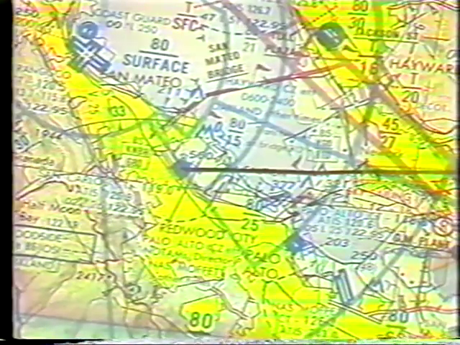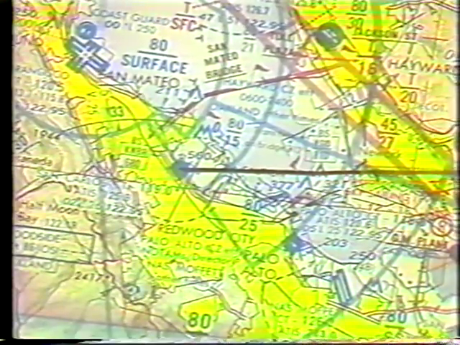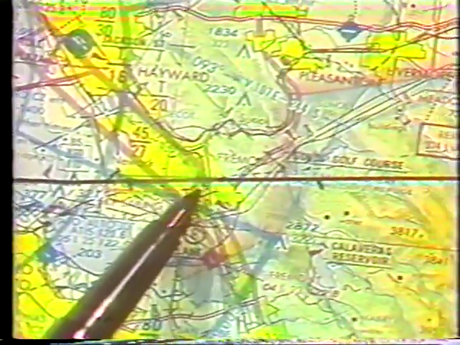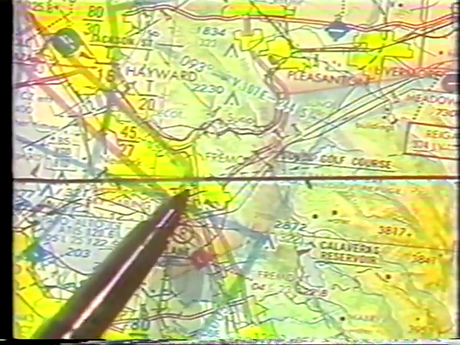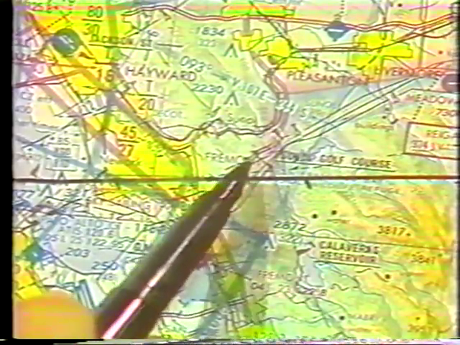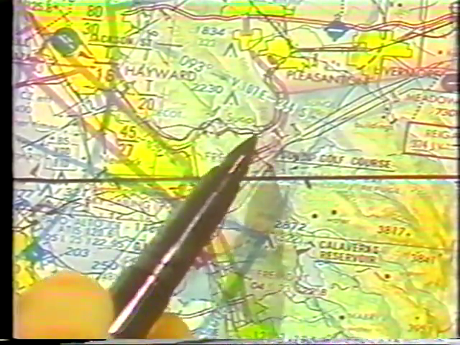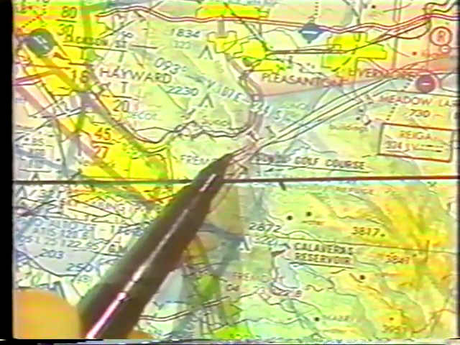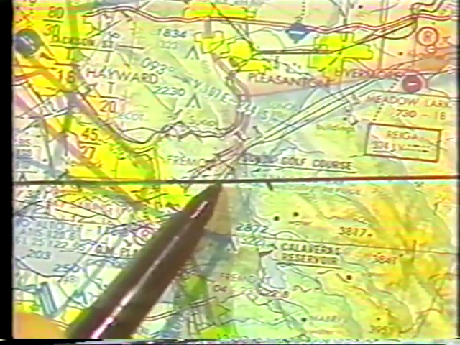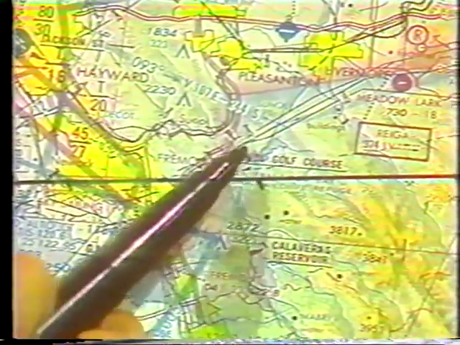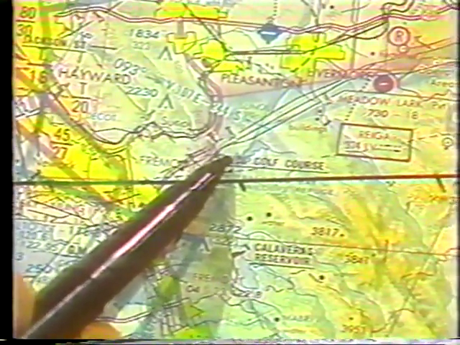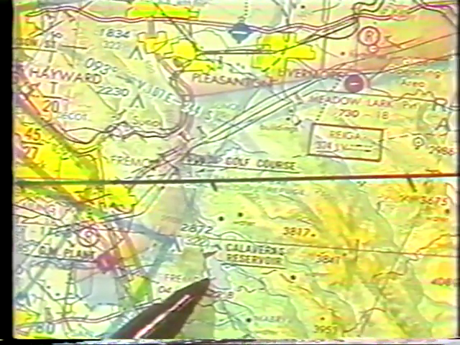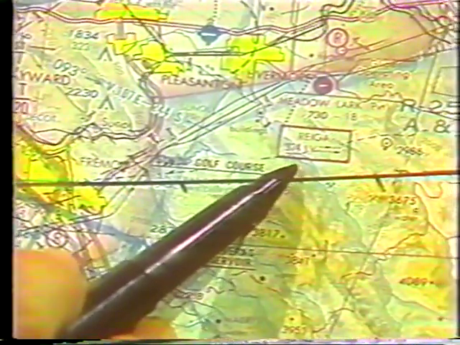The town of Newark is on course, but it is hard to find a specific thing to pinpoint, so continue on across town to the double railroad tracks, which look rather prominent, followed by a divided curving highway. There's another magenta flag at the Sunol Golf Course, 2 miles left of the course. A double row of power lines crosses over the course. A lake on the left of the course is within 2 miles. The reservoir off to the right is twice as far, and further along a second lake on the left.